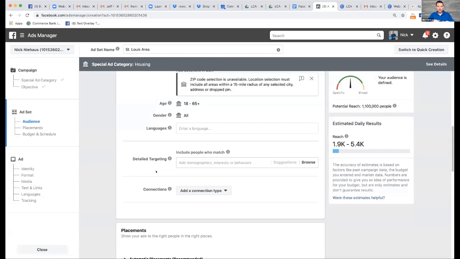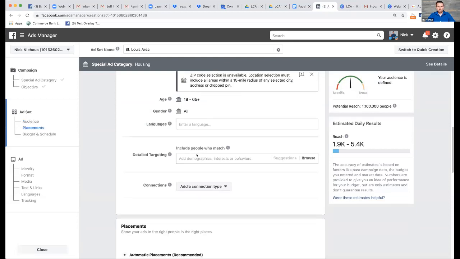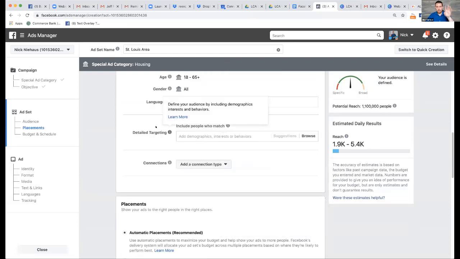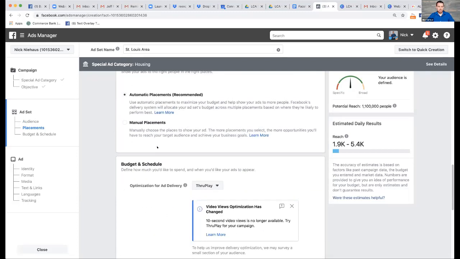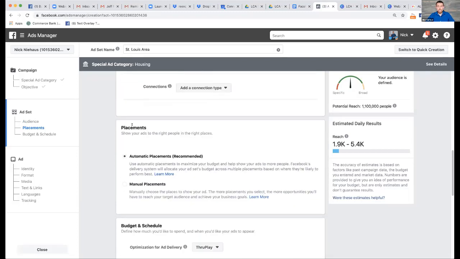So in this case, we're in our ad set again. I'm going to scroll a little further down. So that was all of our targeting, right? Again, I'm not covering every detail here, but you set your targeting. Generally, you're just going to pick the city you live in. And then you come down to placements. This is the other part of the ad set, which is where your ad is going to be shown, right? So we're probably not going to mess with this. You can mess with it if you want to.